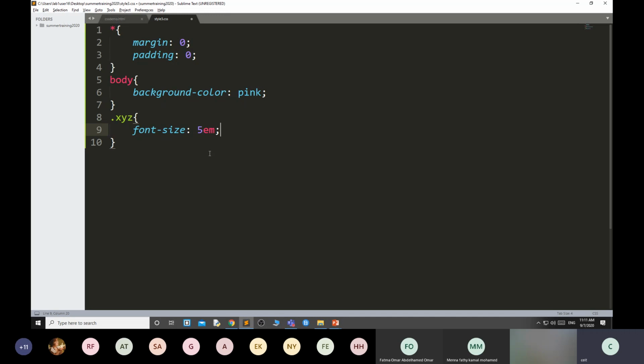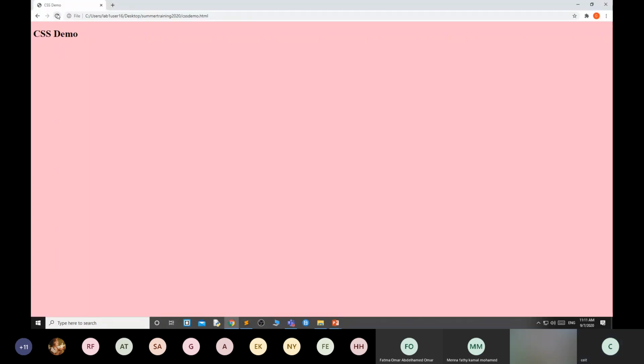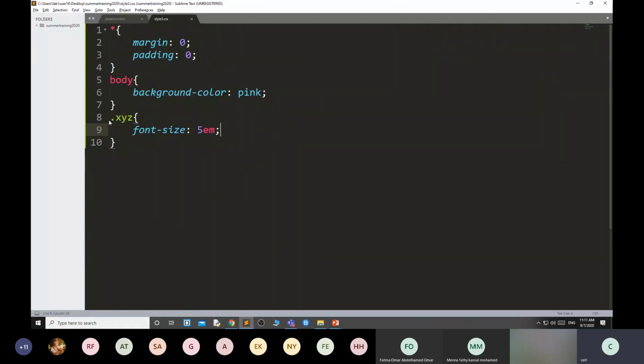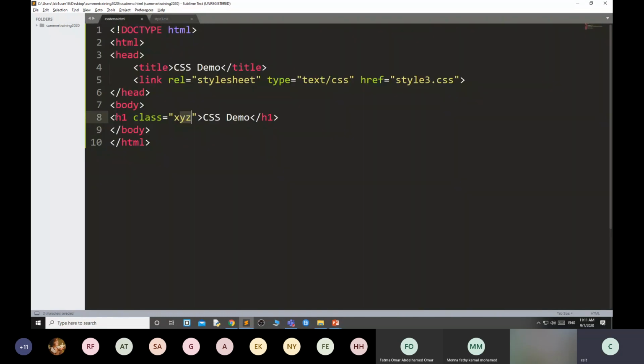I will explain all of em and rem, don't worry about that. This is the class selector because by using the class name, we have styled this particular element.